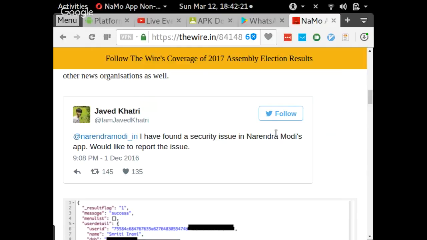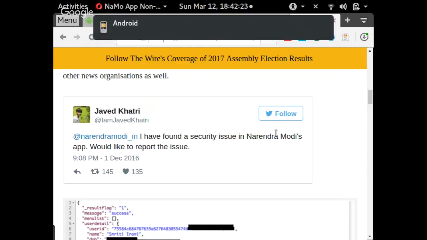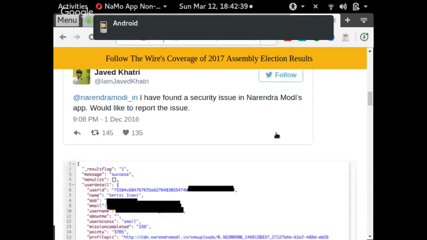So this young programmer found a security issue on the app, and he just tweeted to Modi. He didn't know what to do. And there was no response. So he went and gave it out to